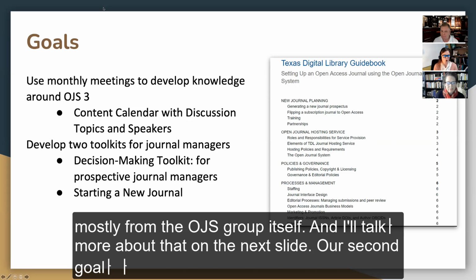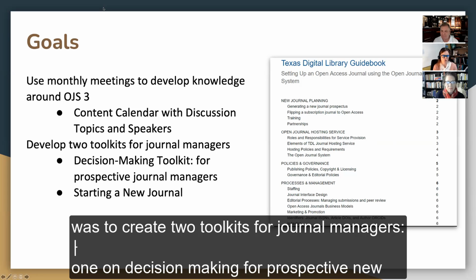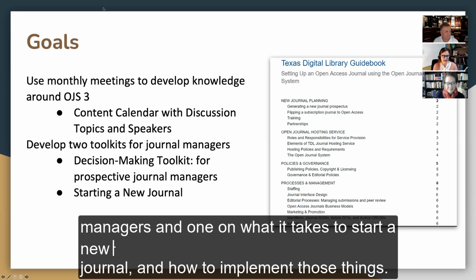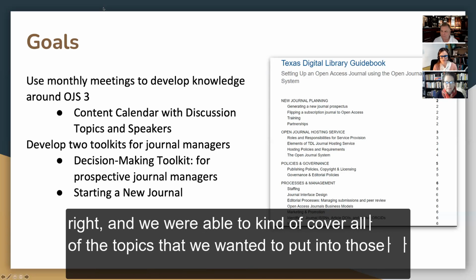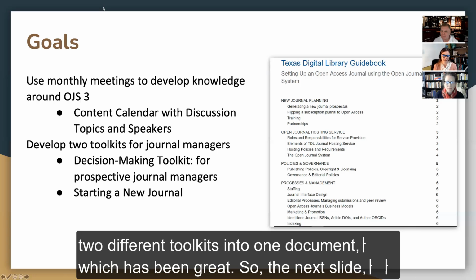Our second goal was to create two toolkits for journal managers. One on decision-making for prospective new journal managers, and one on what it takes to start a new journal and how to implement those things. Bruce and David at College Station really created this one toolkit that we have a screenshot of on the right. And we were able to cover all of the topics that we wanted to put into those two different toolkits into one document, which has been great. So the next slide